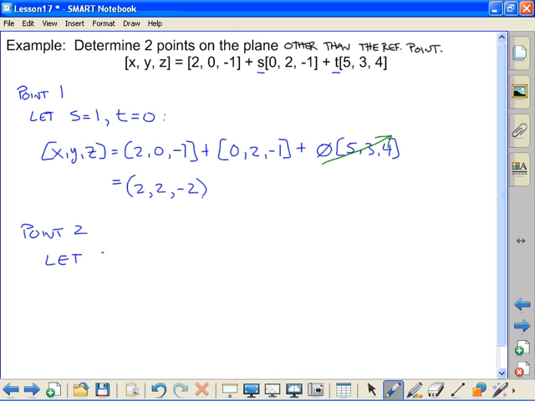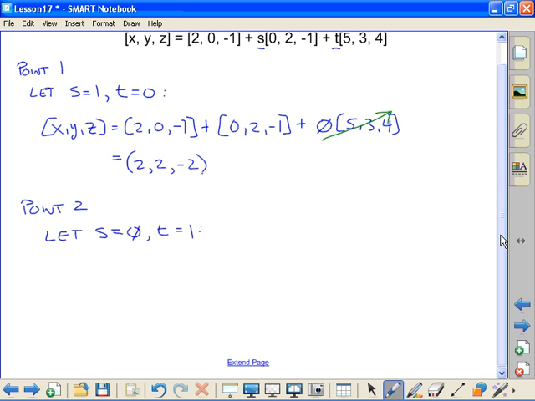Point 2. Flip it. Let S equal 0 this time, T equal 1. You can really pick any real number for S and T, and it will give an appropriate answer. But like I said, you don't have calculators, so let's not be silly about this. Let's be efficient. So 2, 0, negative 1, plus 0 times 0, 2, negative 1,